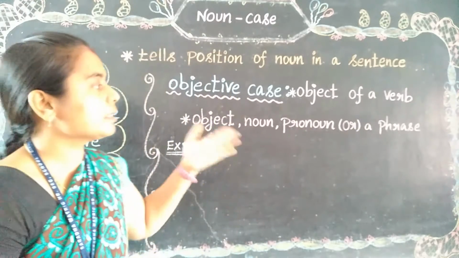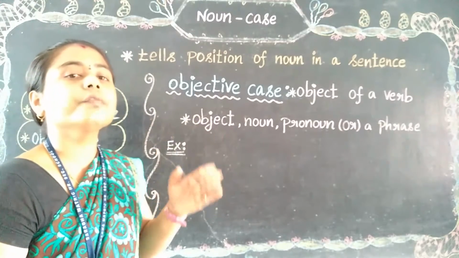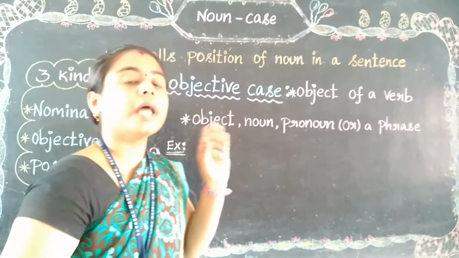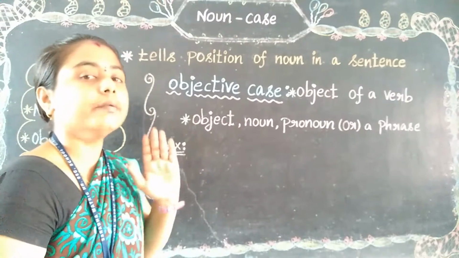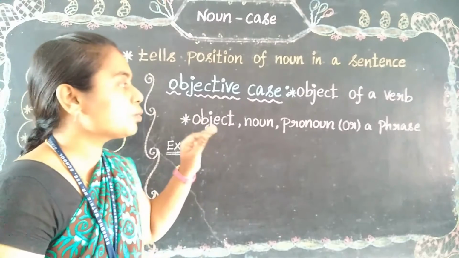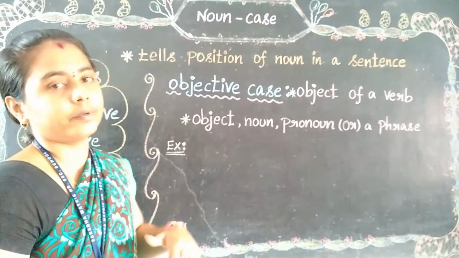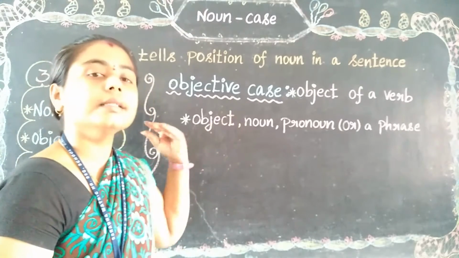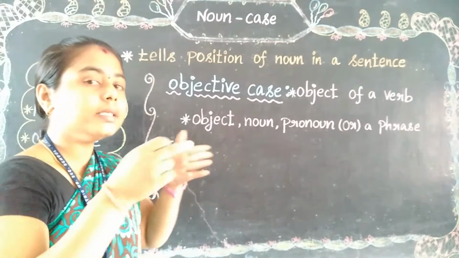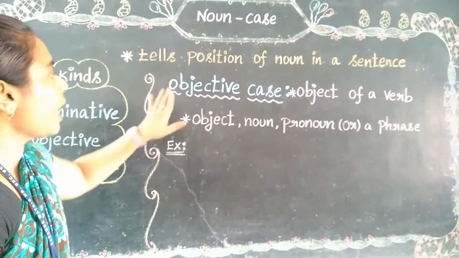Why does a phrase perform here? Because a phrase is a group of words that is neither a subject nor a verb. It won't accept the combination of subject and verb, but a clause will accept the combination of subject and verb. So a phrase acts as neither a subject nor a verb, and in any situation it will accept that process. Let's see an example of objective case.